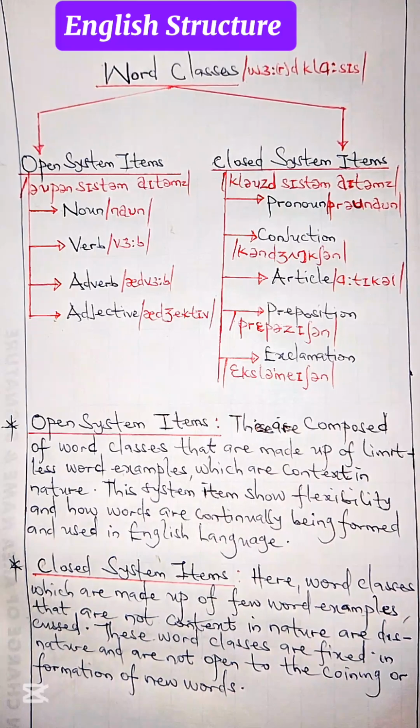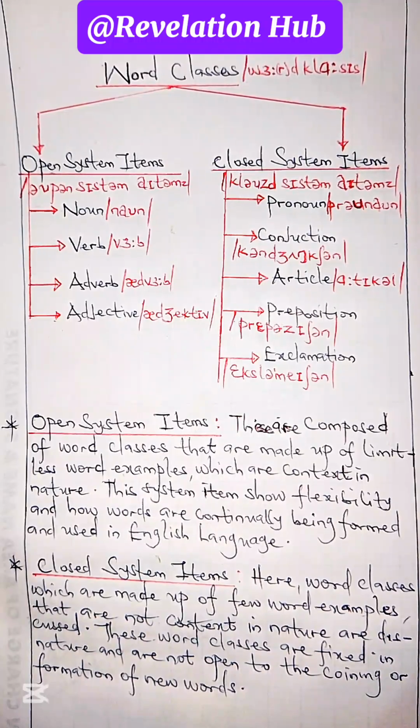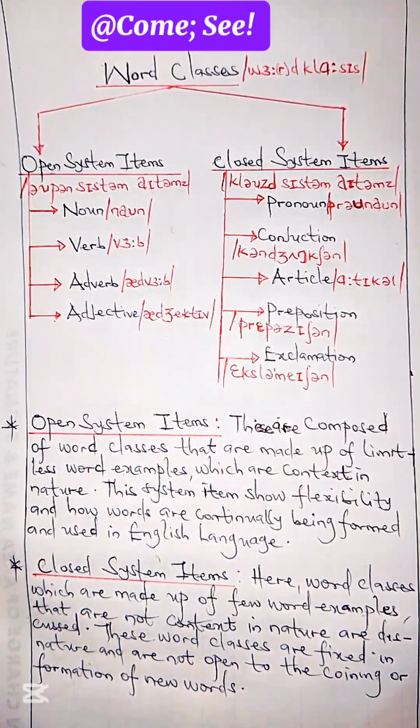Now English structure is one of the major parts of English grammar. English as a language is divided into three major parts, which are the English grammar, the English sounds, and the orthography, also known as spellings. Now English grammar is broken into two major parts, which are the English syntax, known as structure, and the English